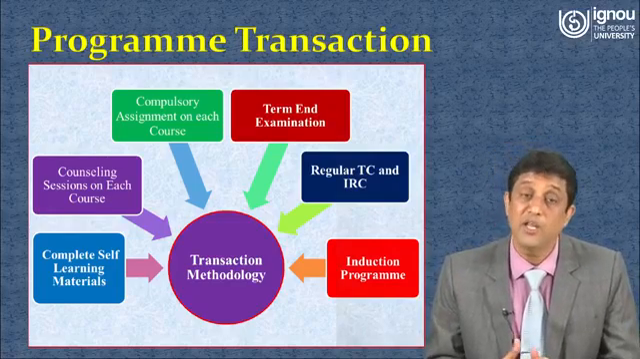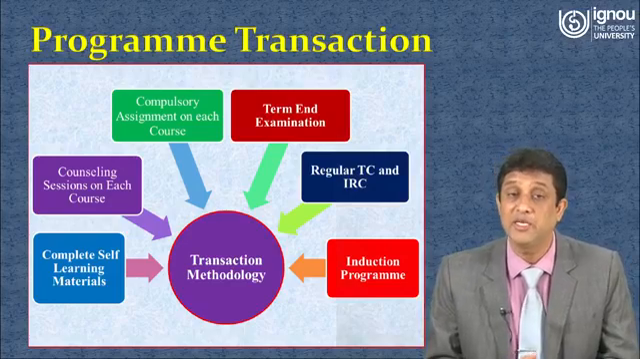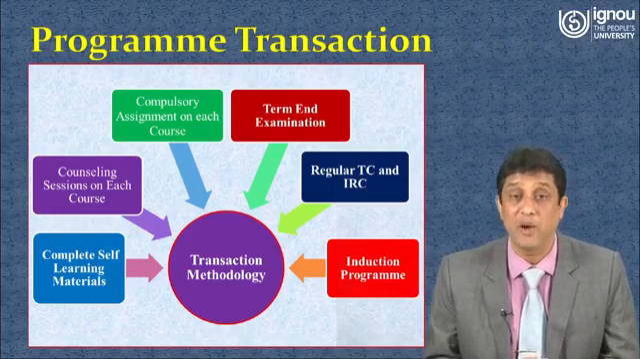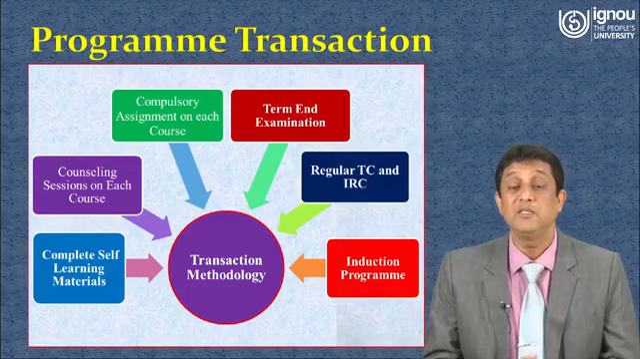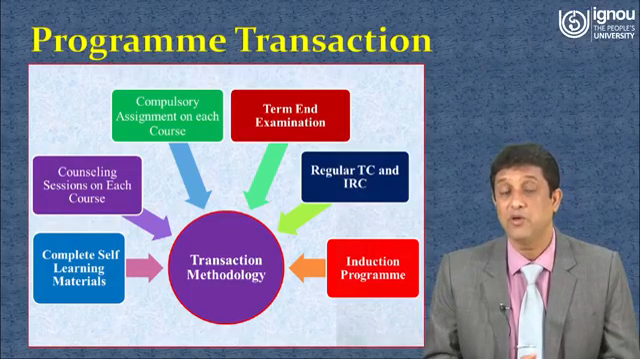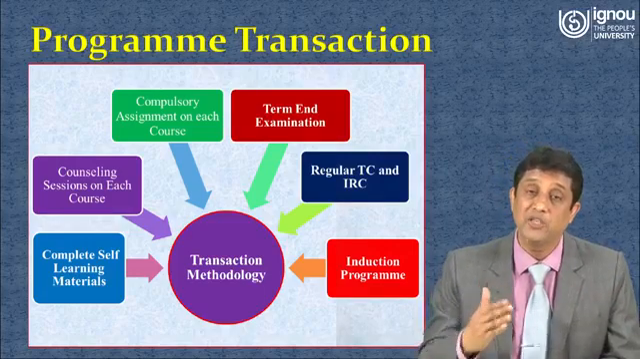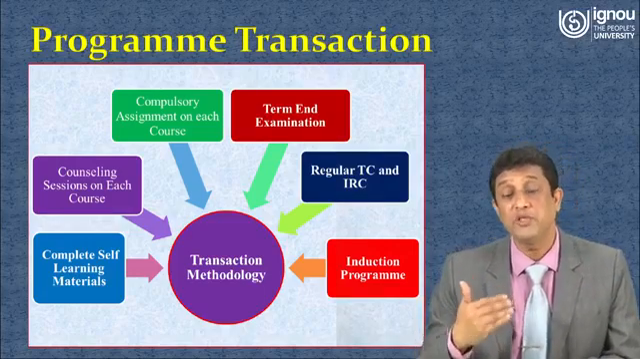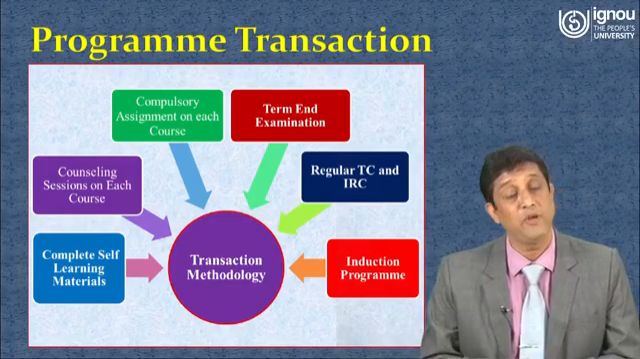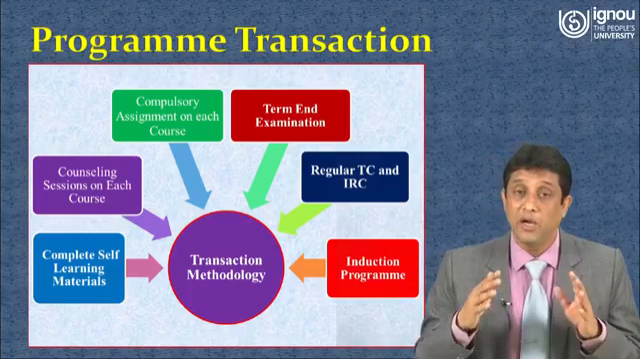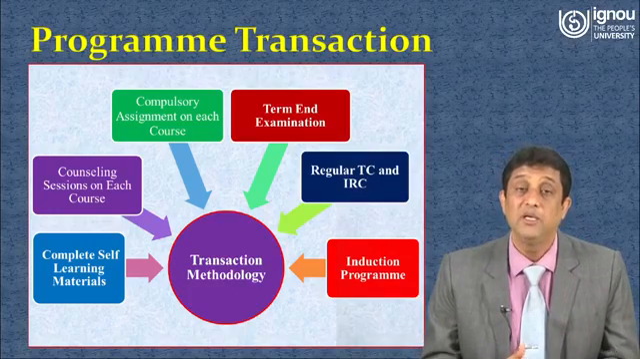Further, 30% credit of each course is given for assignment. Then 70% credit is given for the term-end examination. We conduct the term-end examination twice a year, in June and December. After completion of the first year of your program, you will be eligible for appearing in the first term-end examination. Then after completion of the second year, you will be eligible for appearing in the second year's term-end examination. The questions in the term-end examination will be given in both languages,